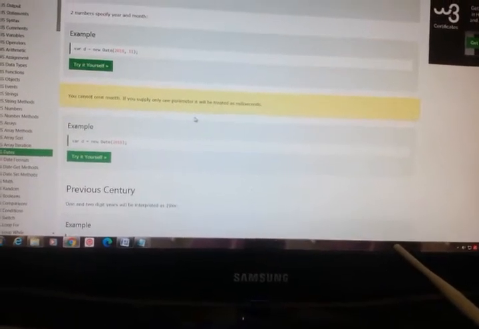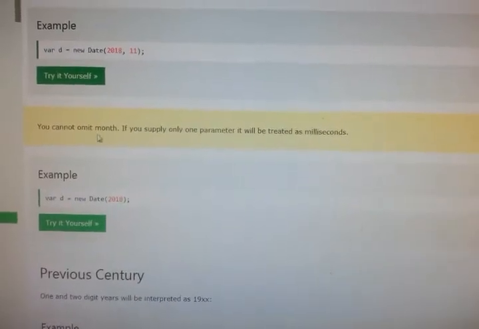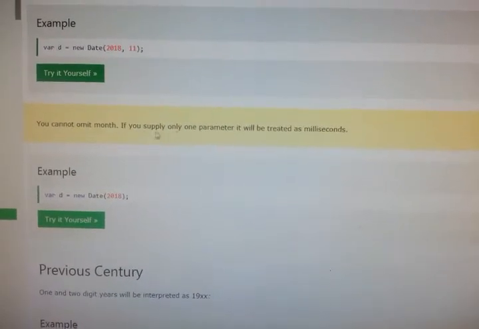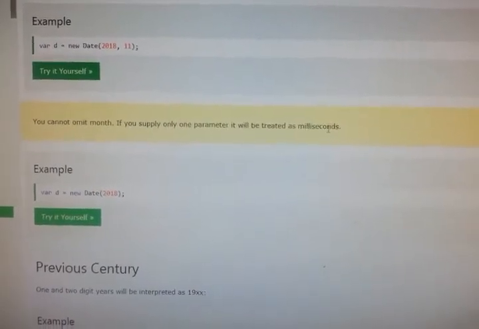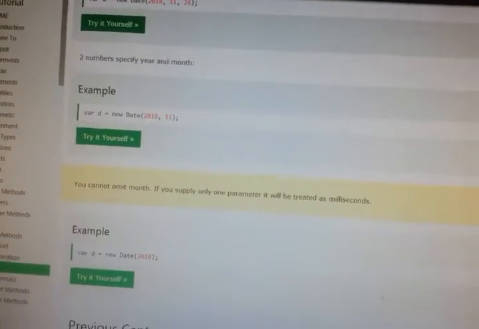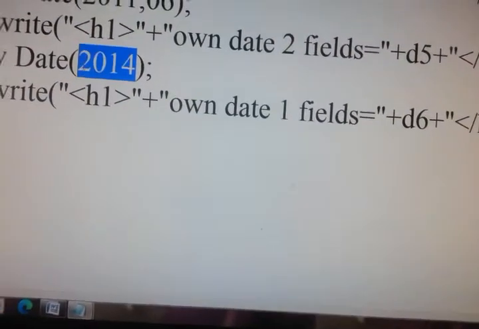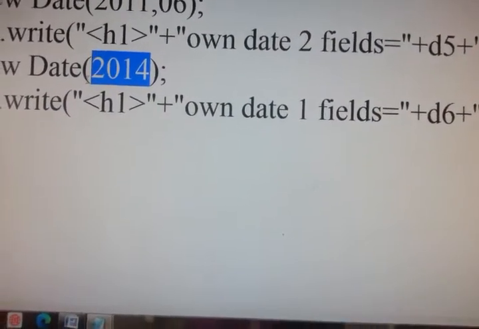So what is happening is you cannot omit the month. If you supply only one parameter, it will be treated as milliseconds, right? So if I give only this, it is treating it as milliseconds.